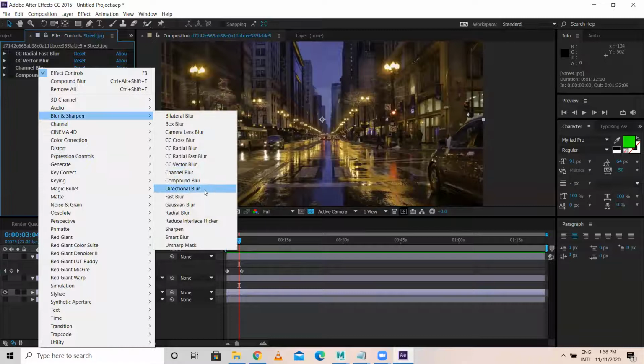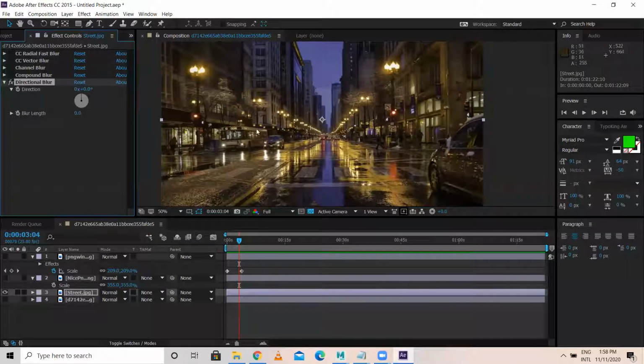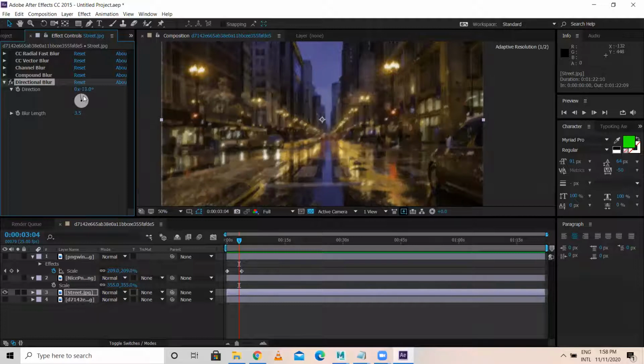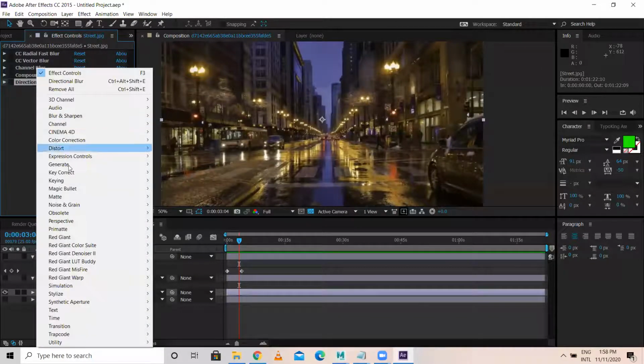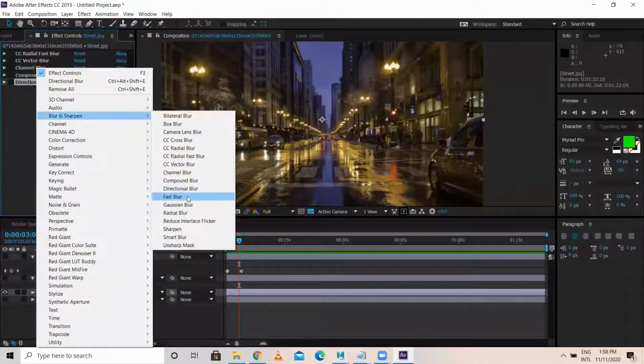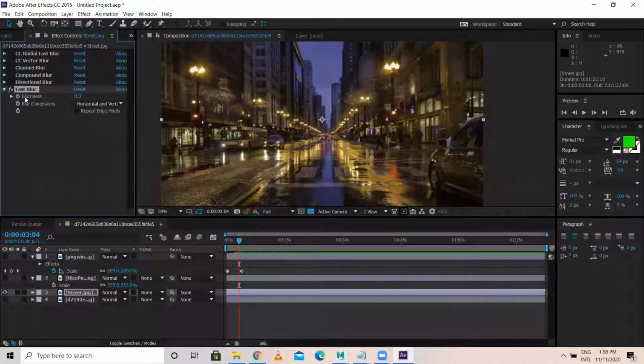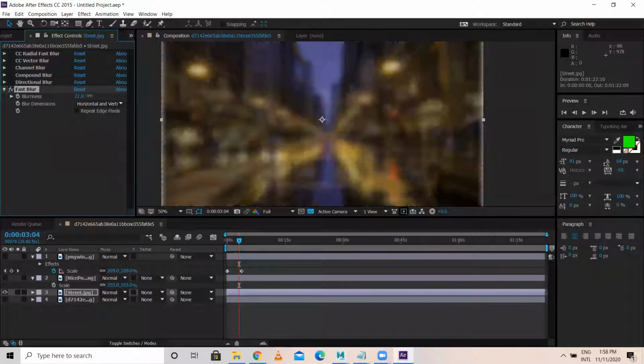Now what I'll do, I'll just move to direction blur. Now again, which axis, which direction? Now I'm increasing blur. Now it's in almost this axis, 0 axis. I can change this to 90 axis. It's like this. I can change this to kind of inclined, this kind of blur. Okay, this is direction blur. See, in blur only there are many types. Similarly, I'll go to fast blur. This is fast blur. Lot of blurriness will be there.